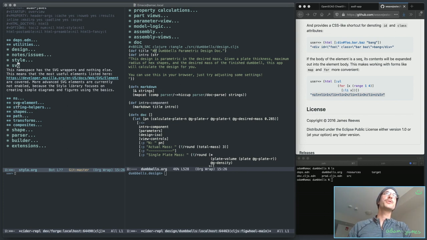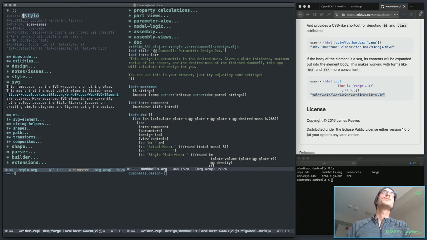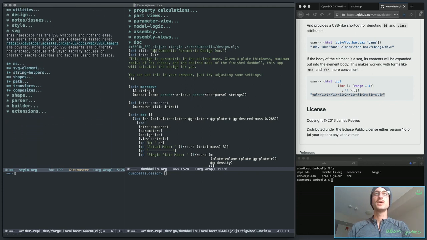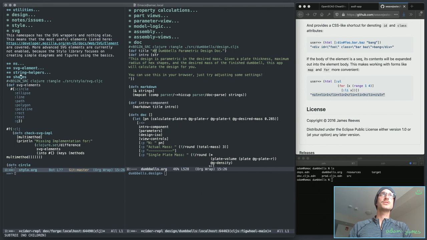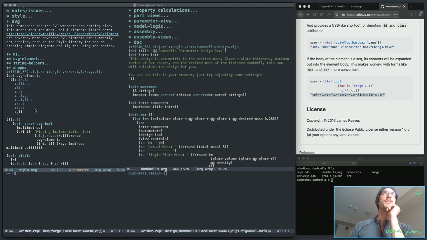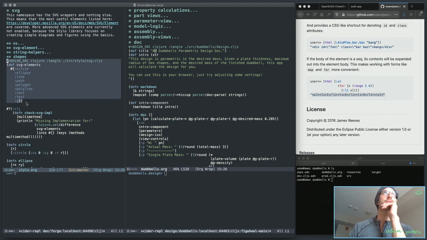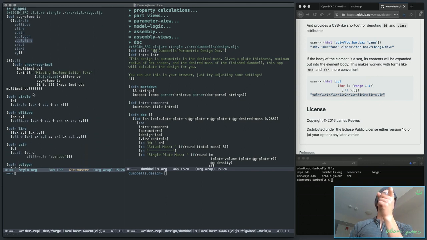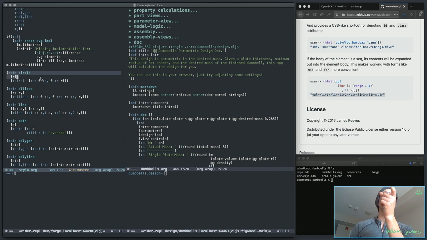So I built a library called Stylo, which I keep forgetting. I will have to upload it to GitHub because I think it's useful. And I just created a wrapper for all of the SVG elements. In particular, polygon and polyline are really useful. And then using those wrappers, here's one example. This function circle, you know what,